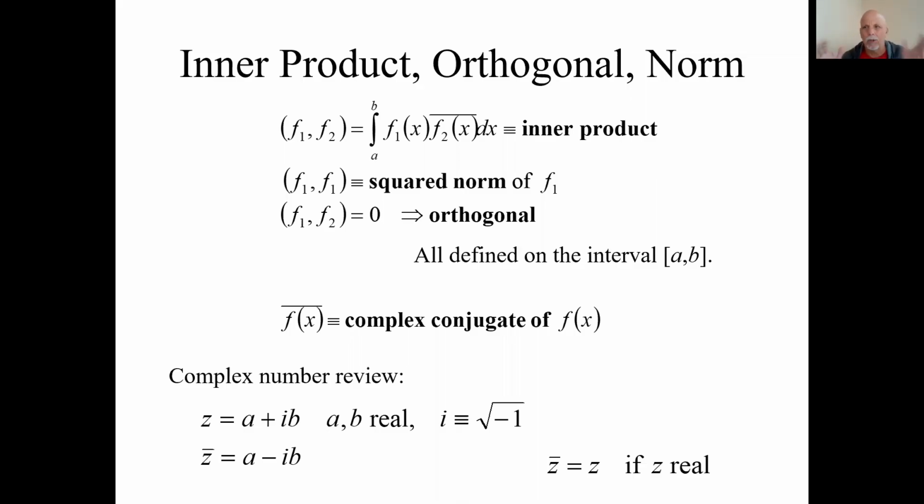The subject of this overall module is Fourier series, and actually it's broader than that. It's actually orthogonal expansion, of which the Fourier series is one example, or I should say the Fourier series as you probably know it. So I'm going to ultimately talk about orthogonal expansions and then show it being applied to Fourier series as you know it. But the way I'm going to do it, we need to talk about